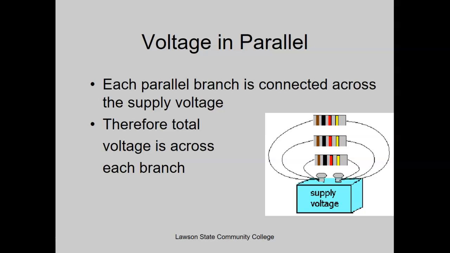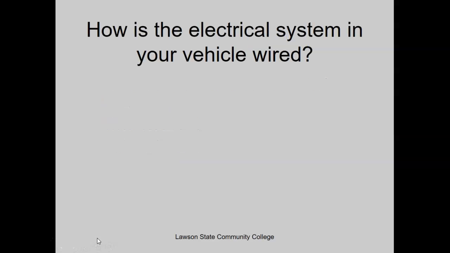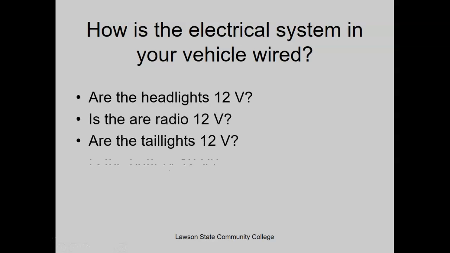You have your oven, stove things. So everything in your vehicle is wired for 12 volts. Your headlights, your radio, your taillights. And what all produces that 12 volts? Your battery